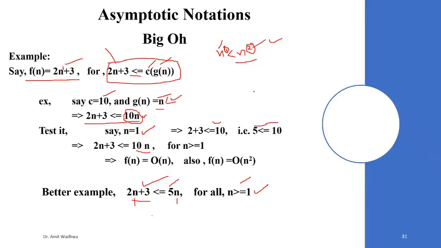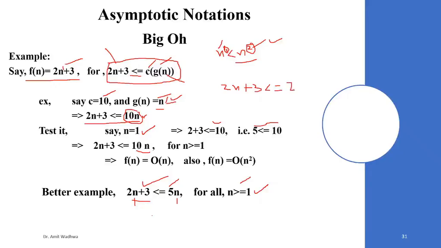So the idea is how to choose this value, basically how the left hand side function value can become equal to the right hand side, or how to choose the function, how to choose this c and g(n). It is based on this particular thing. Suppose for the same order value, what I can do is I can write this thing: 2n plus 3 should be less than or equal to,